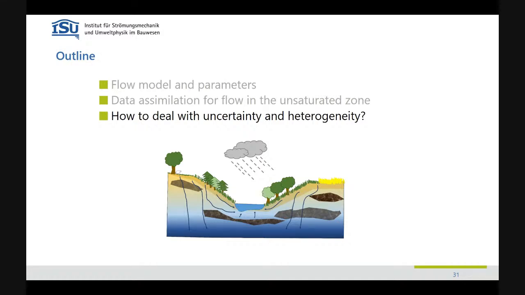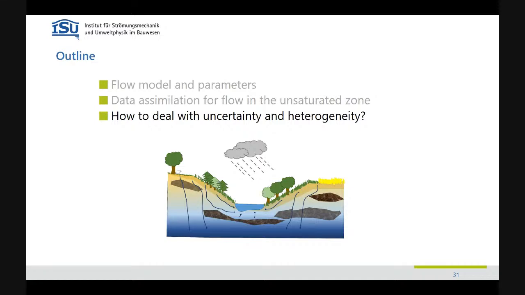Okay, and now to the question, if we do this now, how do we deal with the fact that we have very uncertain models concerning the parameters, and that we have a heterogeneous reality that we represent somehow with this model by predicting averages. Okay, and now I should really say what I'm presenting now is Natascha Brandhorst's work. So she did what I'm going to show now. First, the question with the uncertainty.